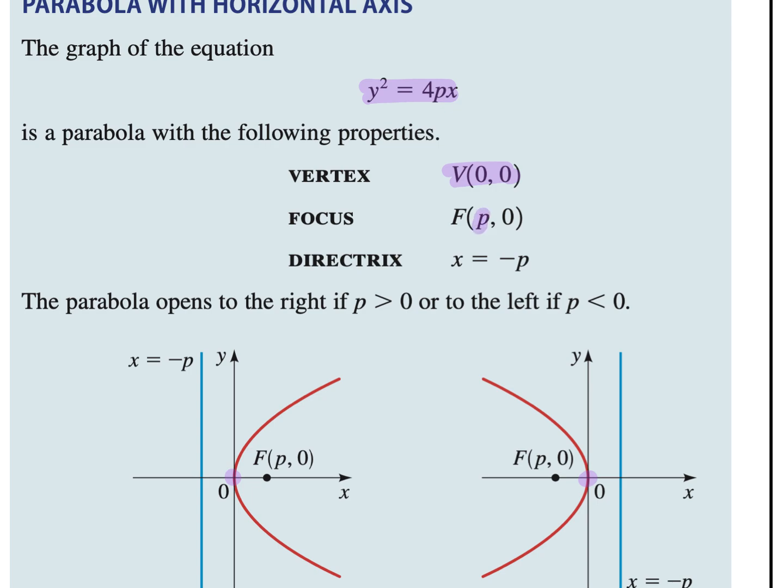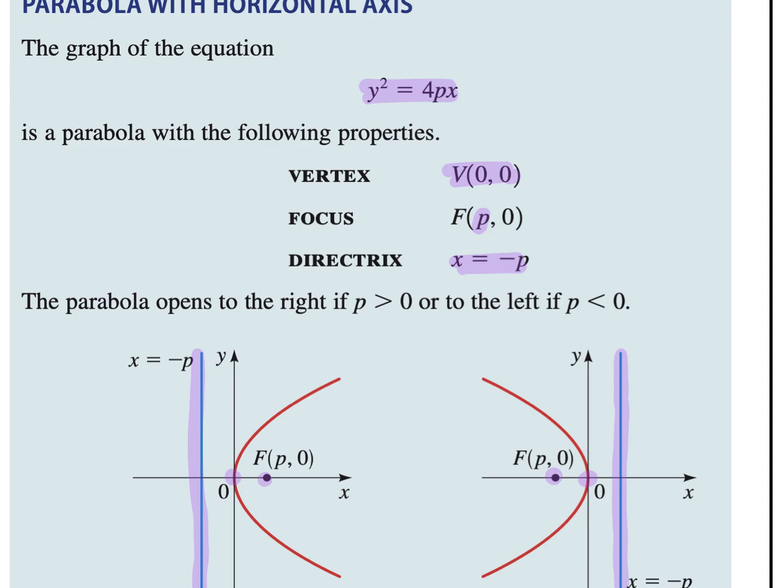You can see that p is coming before the 0. That is the x-coordinate of your focus. And the directrix, the line behind your vertex, has the equation x equals